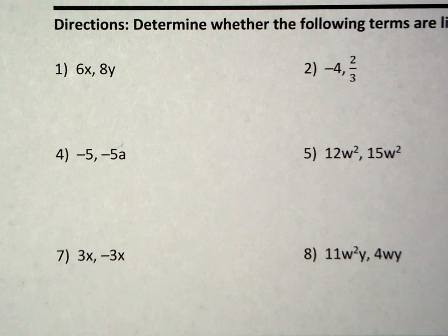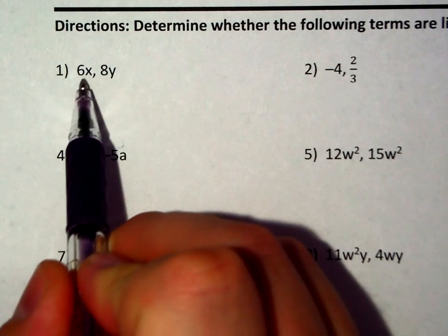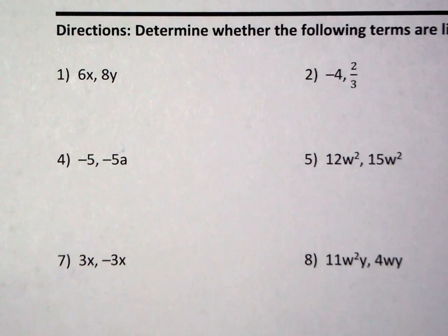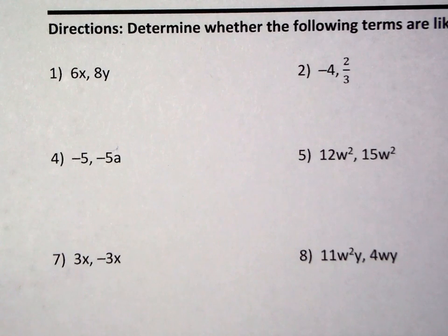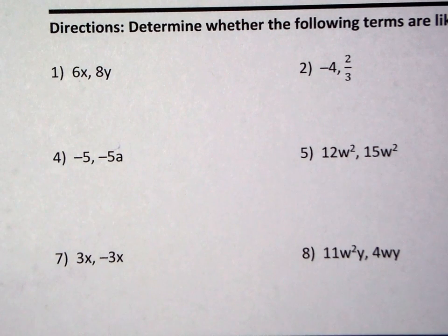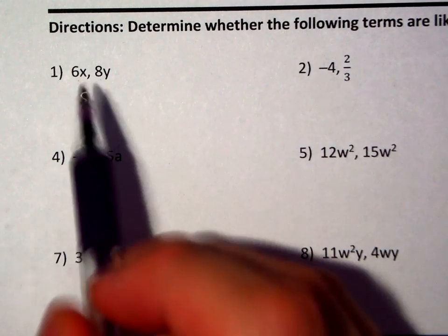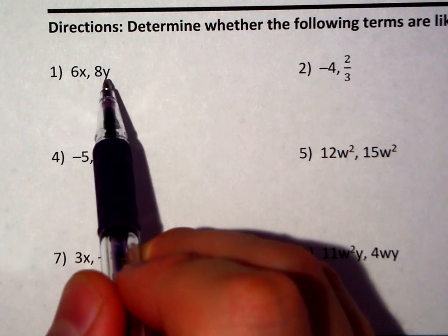Today we looked at combining like terms, and our directions for our homework said to determine whether the following terms are like terms, write yes or no. And in order for them to be like terms, they need to have the same variable following the coefficient. It doesn't really matter what the numerical number is in front of that variable, because when we get into combining like terms further down on the worksheet, we'll be combining those numerical values, adding and subtracting the integer values to simplify the expressions. But up here, all we have to do is pay attention to what variable is attached to the